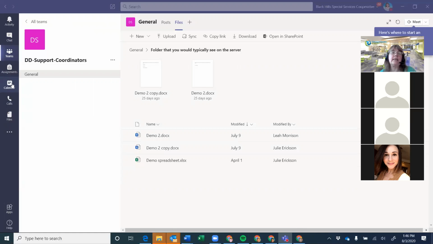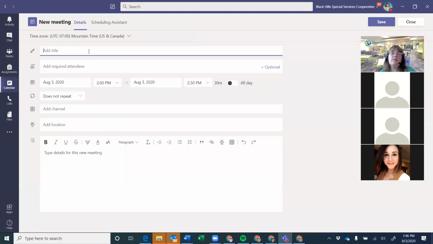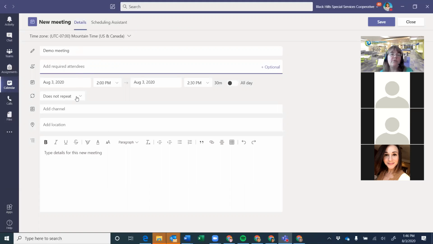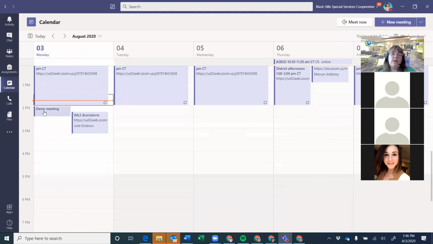One of the really nice things with Teams is it does connect with your calendar. And so while I'm in Teams, I can also see exactly what's going on in my calendar. So I'm going to do a real fast meeting right now in Teams. The nice thing here is when I make a meeting, I can invite attendees. I can do this from my calendar. I can do this from Teams. And so now I'm going to save it. And once I go to the meeting now,